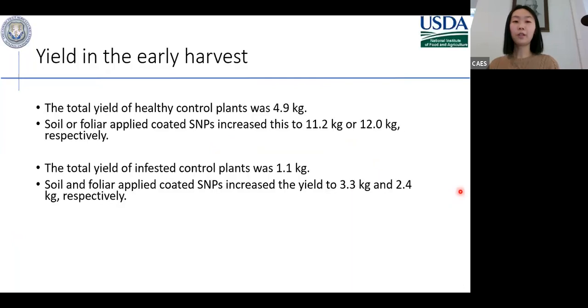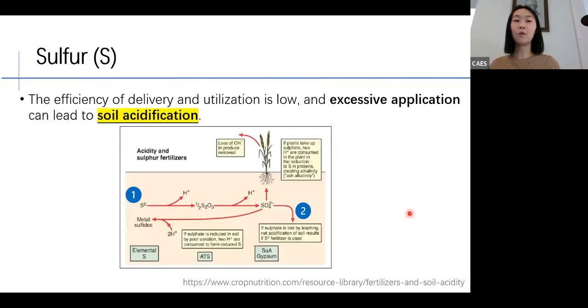So I think the first problem, the research problem, how to increase the yield of the tomato plant and how to suppress the disease from the fusarium, we have successfully solved this question. And now there's still something remaining, if you remember previously we were talking about the soil